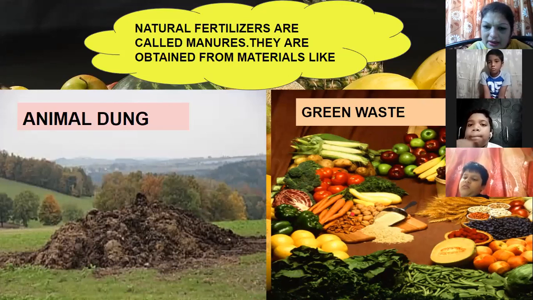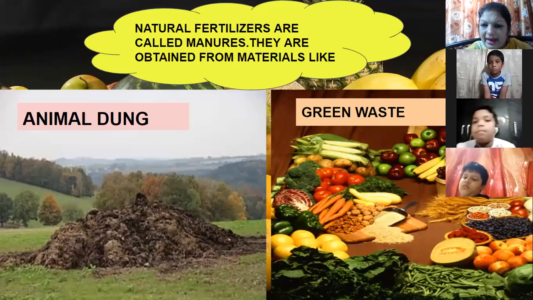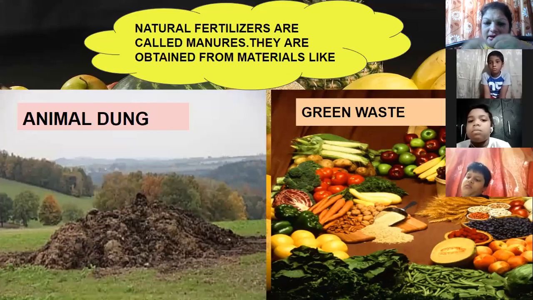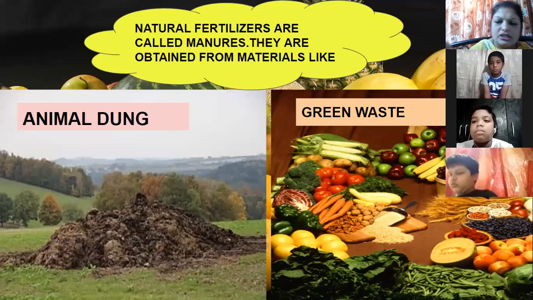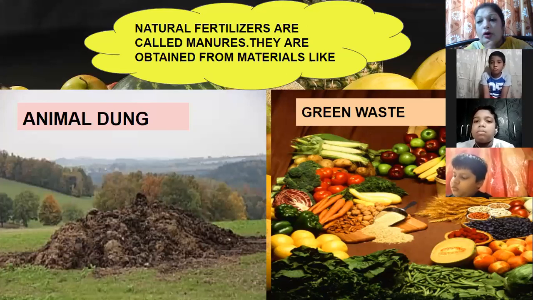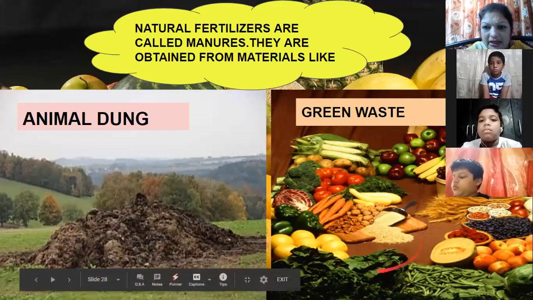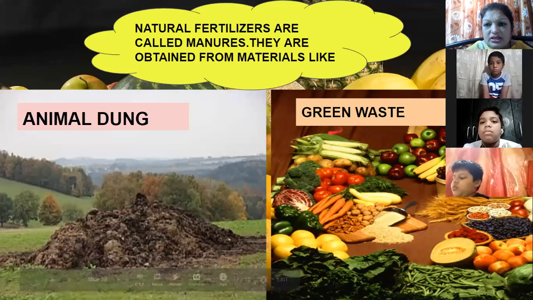You peel the banana, you even peel the carrots, the radish, then the peel of the garlic, the peels of the onion, okay? Then when mama will use spinach or methi leaves, the waste which is there, she will cut that, okay? Coriander leaves, she will cut that. So all these waste which are there, it is known as green waste, which is being used in the kitchen.